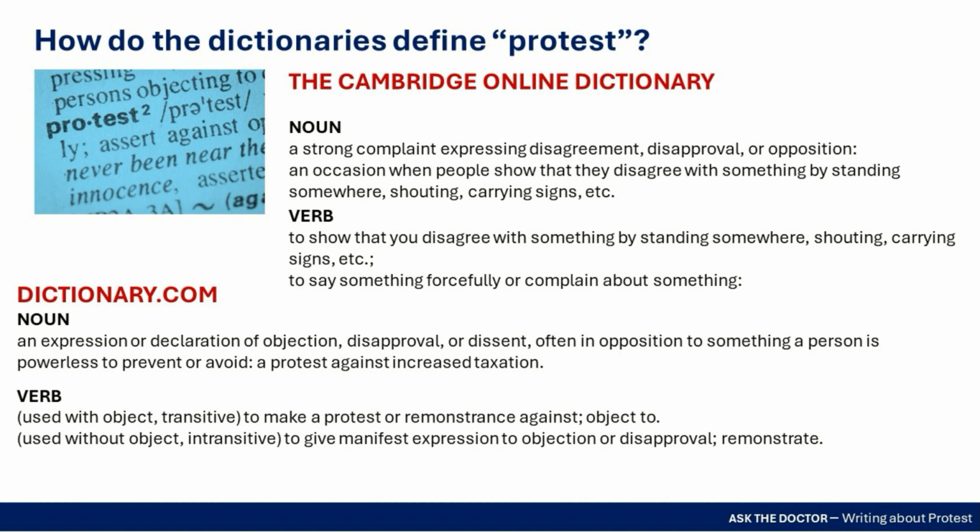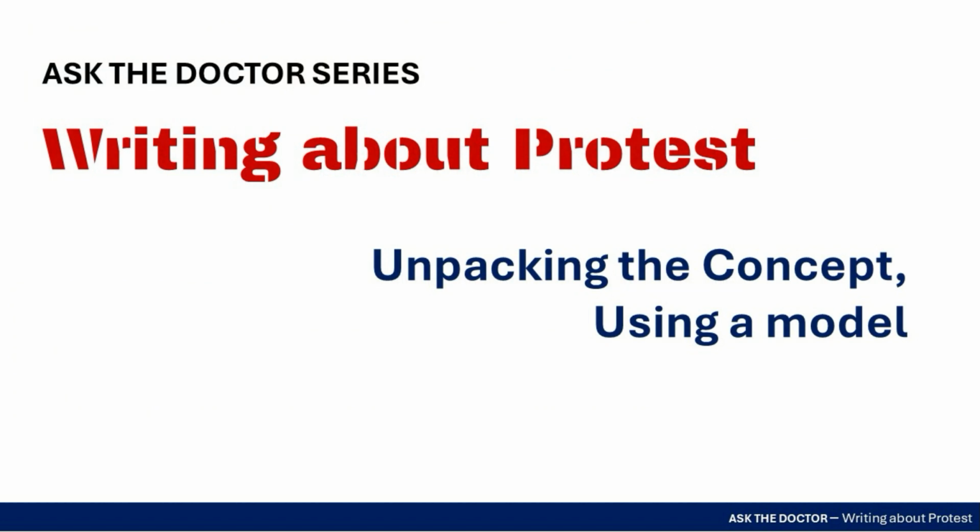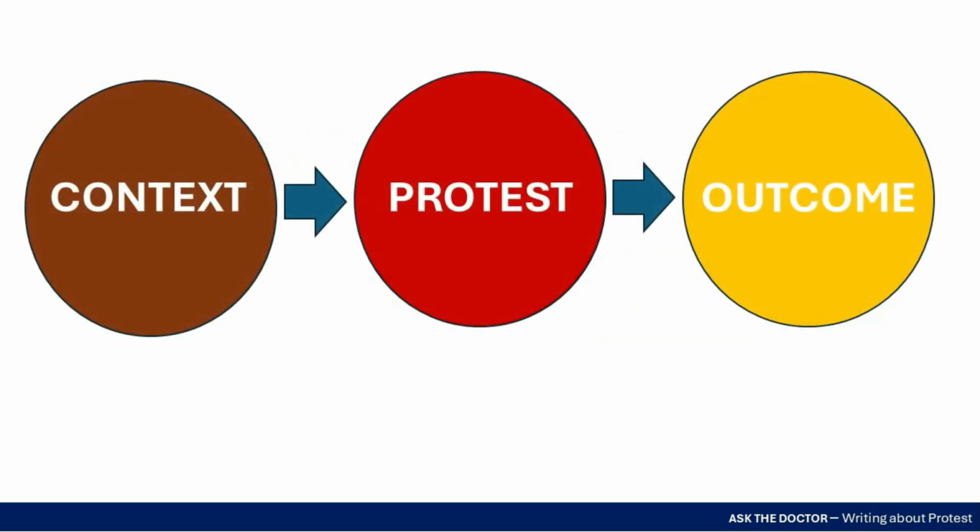So, now that we have some basics in place, let's explore a model for developing our understanding of the concept of protest. You see, protest doesn't occur in isolation. In fact, it has a past and future to go with its present. In this model, you will see those three dimensions represented, and this will help you to broaden your thinking and then to expand your vocabulary. Let's start by looking at the three key circles: context, protest, outcome. As a next and very straightforward step, we can add a word to each of them that helps expand our understanding.